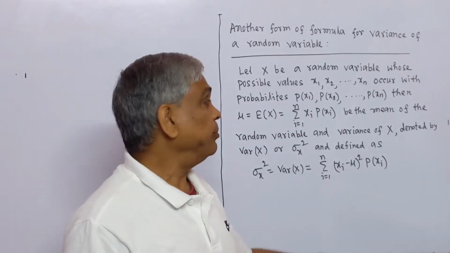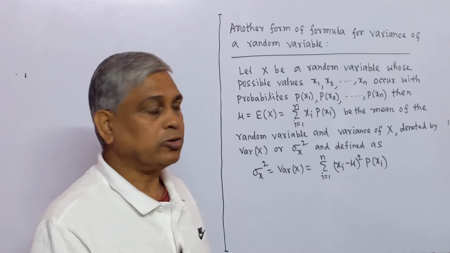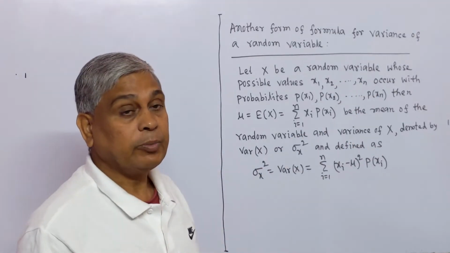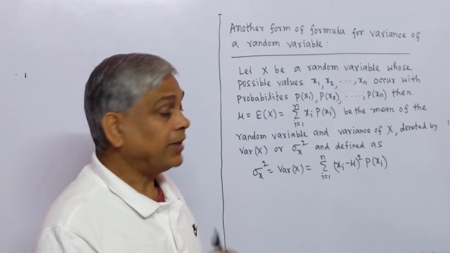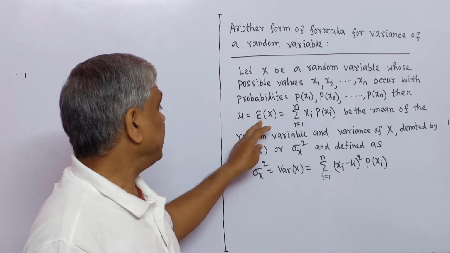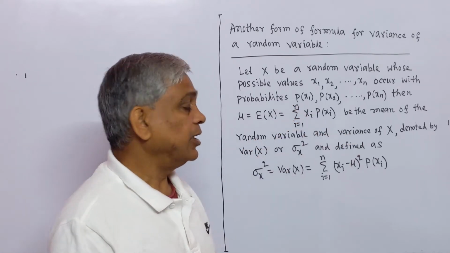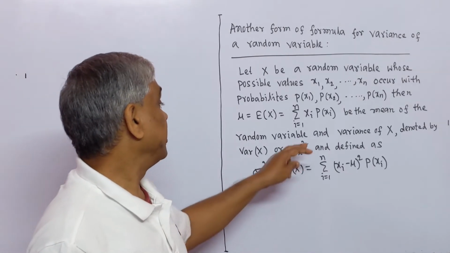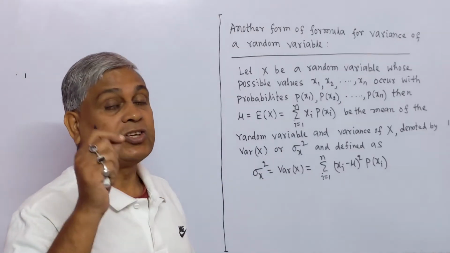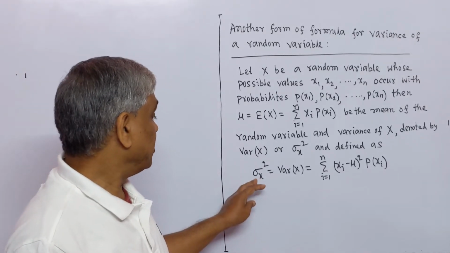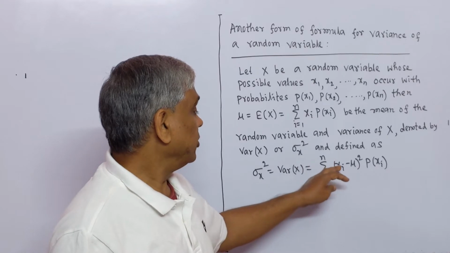Let capital X be a random variable whose possible values x1, small x2, ..., small xn occur with probabilities px1, px2, ..., pxn, then mu equal to capital E(X) equal to summation i equal to 1 to n xi pxi is the mean of the random variable X, and variance of X denoted by Var(X) or sigma x square is defined as sigma x square equal to variance of X equal to summation i equal to 1 to n (xi minus mu) whole square multiply pxi,